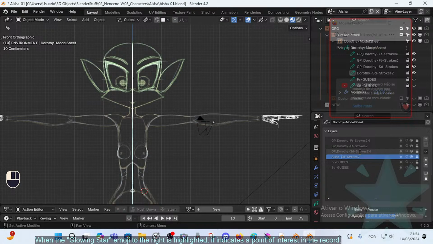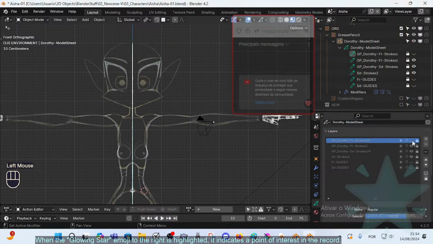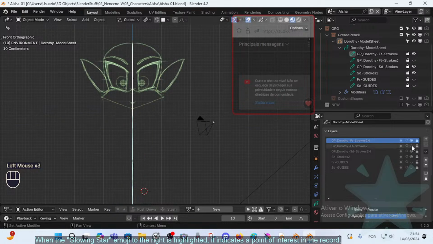Well, the grease pencil is Aisha, should be named Aisha, so I shouldn't need Aisha here. So side strokes 2. I should merge these things again, like this with